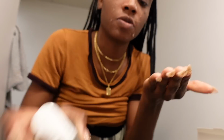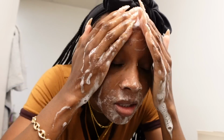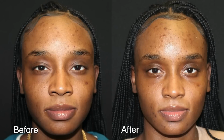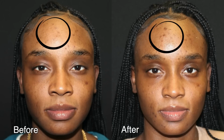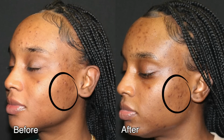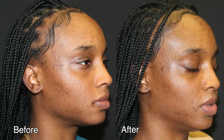I did try to make sure I washed my face at least once a day, but I feel like my body and my skin were just under an unusual amount of stress because of everything that was going on. But as you can see, I broke out and got more dark spots after this process just because I was stressed. Okay, I feel like this chemical peel was a dub, so I decided to do something else